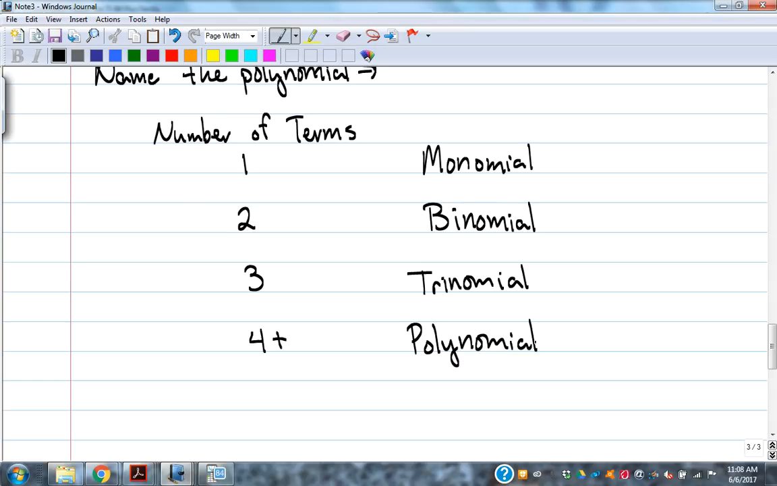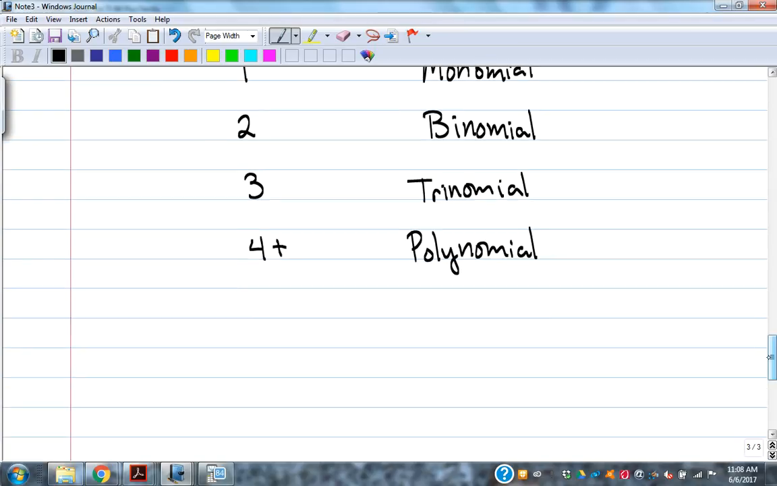We don't go into the fact, like a quadrinomial or a quintinomial, that's hard to say. Anything 4 plus, we're just going to call it a polynomial. So monomial is 1 term, binomial is 2 terms, 3 terms is trinomial. Really, really basic thing. Where they make it a little bit more difficult is that they're going to give you